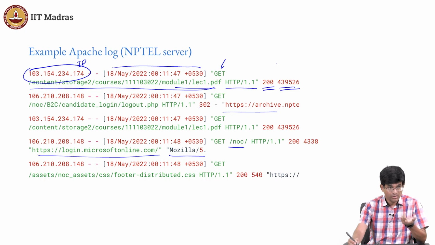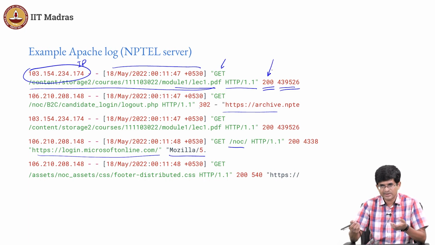One thing I should probably really pay attention to is, am I seeing a lot of errors? In other words, a 200 status code is fine. 404 is probably not good. 500 is definitely bad news, because 500 means the server had an error. 404 means that the file was not found. Why did that happen? Why are people requesting files that don't exist? At least as the person managing the website, I need to pay attention to this.